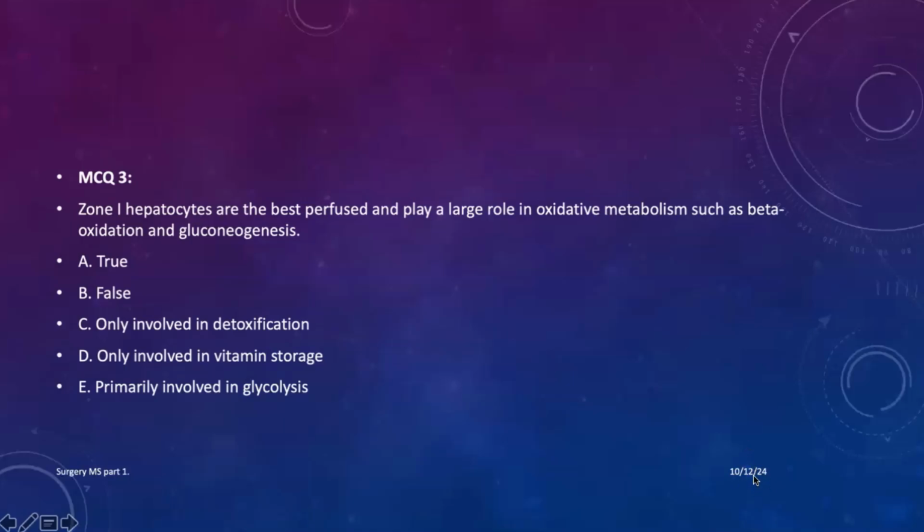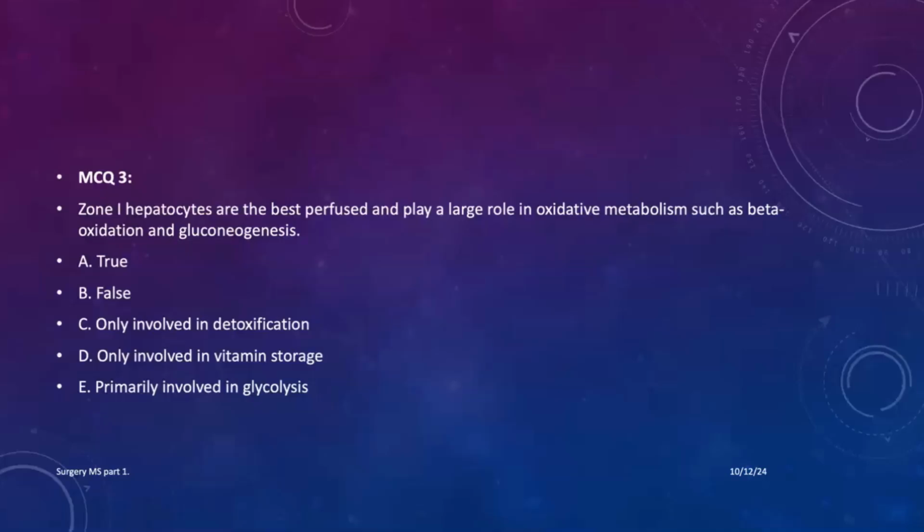2 says it is A, answer is true. How about the others? Right, so as I told you, zone 1, yes, it is the closest area to the portal vein and the hepatic artery, so the branches. So if you look at the acinus, this is the area which is responsible for the oxidative metabolism and also for beta oxidation, because there's a lot of oxygen. Whereas